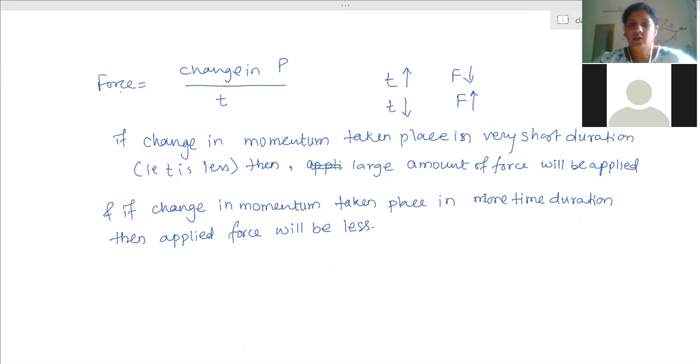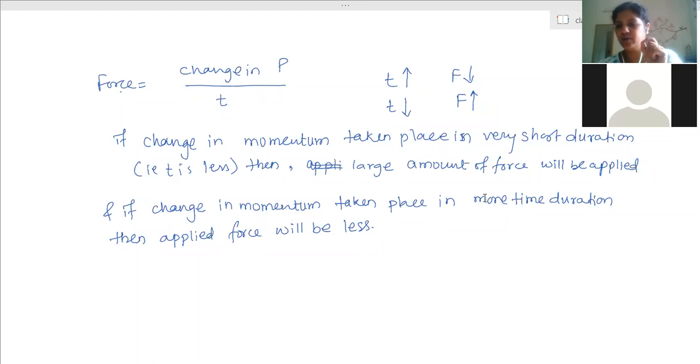Okay. So when the ball is hit by the batsman and then it is caught by the fielder, at that time the ball was moving with a very large speed. And when the fielder catches the ball, immediately the speed becomes zero. If he catches like this, the speed becomes zero.